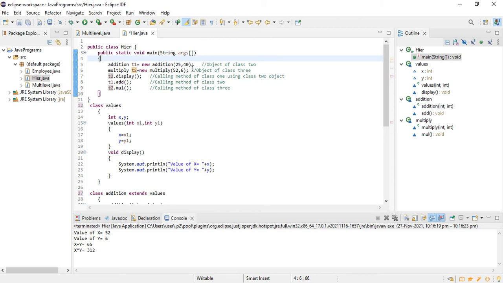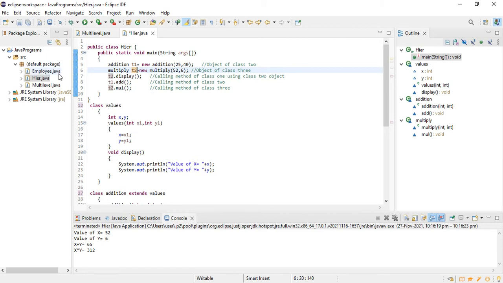Then these two values are used to perform the addition operation. After that, with the T2 object I assign the values 52 and 6, and these values again override x and y. For doing multiplication it will use these two values.